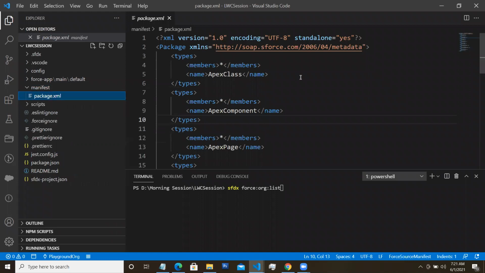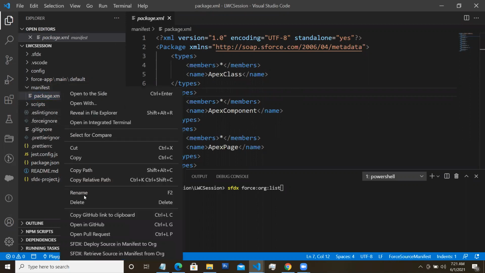What it means is simple. In the org browser, you are pulling the things one by one locally to the local system. Here, what all are the things you want to pull? Everything will be available in the form of a meta file, in the form of a package XML file. If I right click and go for retrieve